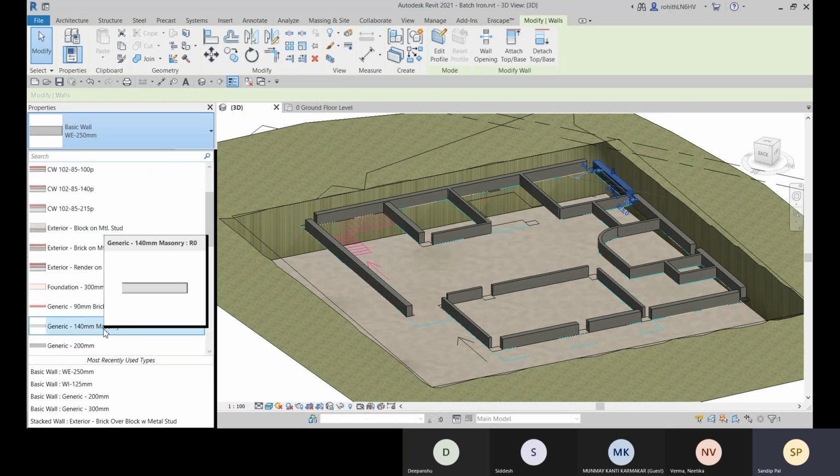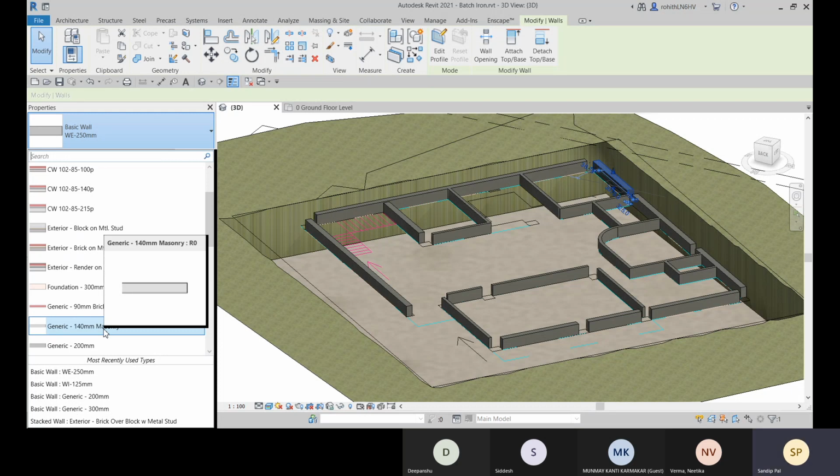So how can you know, not by the name only? When you have a single layer in a wall, that is a generic wall. And when you have two or more layers placed horizontally, those walls are called compound walls.